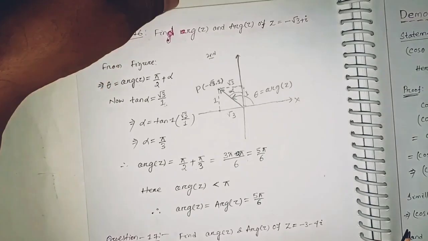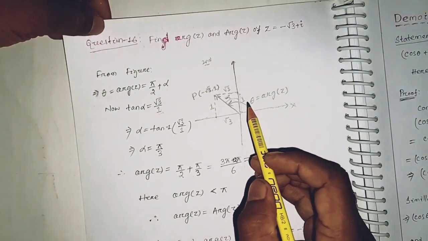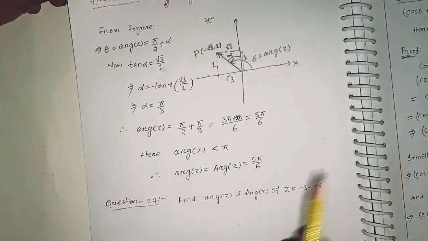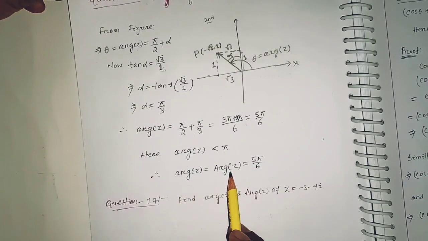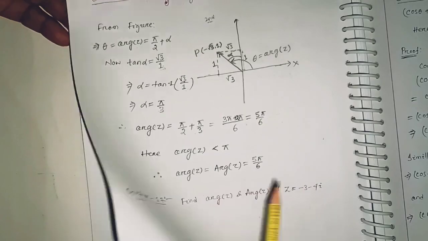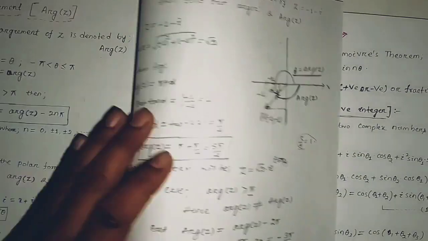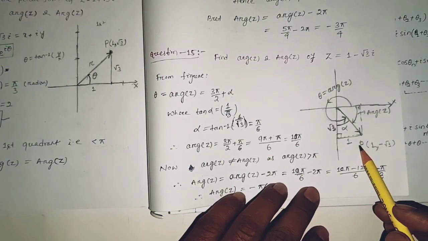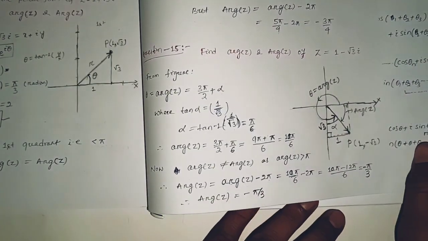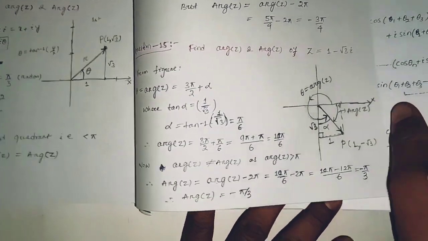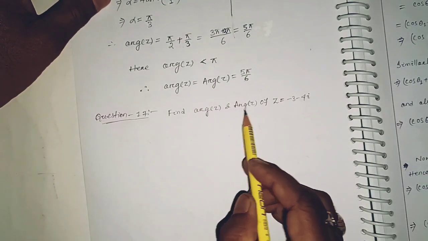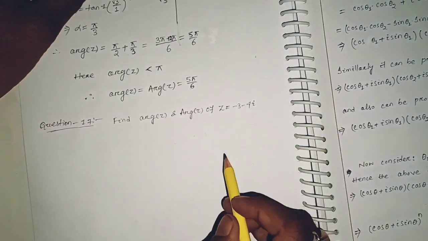So roughly you just remember that if the complex number is in the first and second quadrant, then the argument will be equal to the principal argument. If it is in the third or fourth quadrant, then you have to use this procedure. For third quadrant this procedure, and fourth quadrant this procedure. That means first you have to find the argument, then you have to find the principal argument. Okay, so another question is to find the argument and principal argument of z equal to